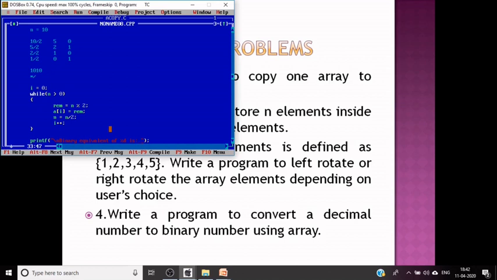So that number was there in n, but I've changed that number, right? So let it be, I'll write in this way: binary equivalent is